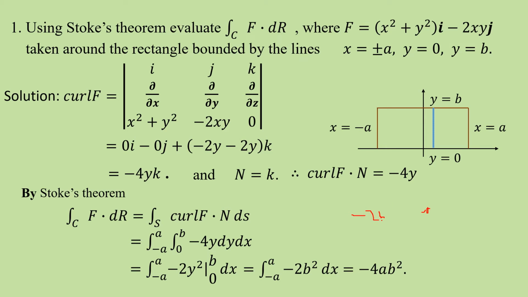So by Stokes theorem, the line integral of f along C, we got it as minus 4ab square. If suppose you have not taken this help of Stokes theorem, the line integral of f might have been taken along C, means there are now 4 partitions for a rectangle, 4 sides. So along C1, along C2, along C3 and along C4. Summing up all the results, that is the required line integral of f along C. Instead of doing that, we can take the help of Stokes theorem. One can easily get it by converting into the surface integral of curl f.